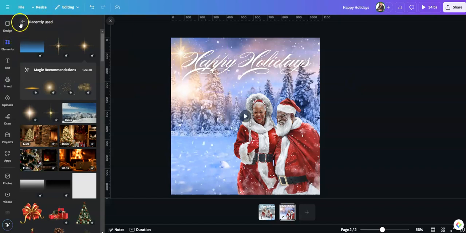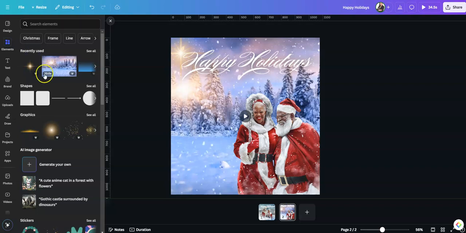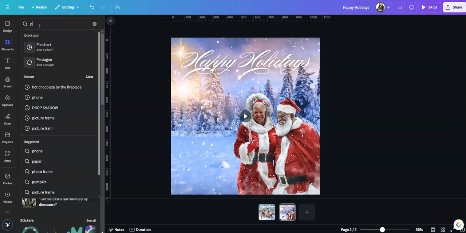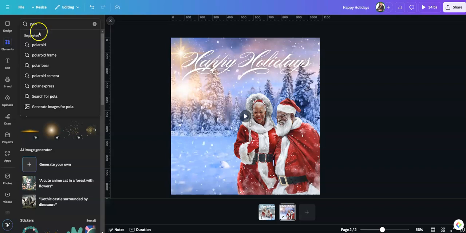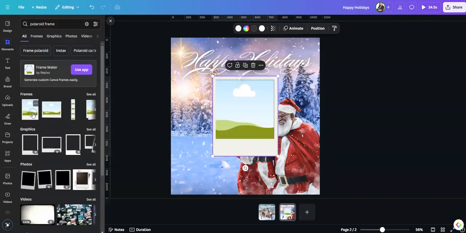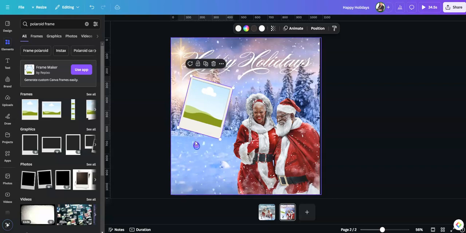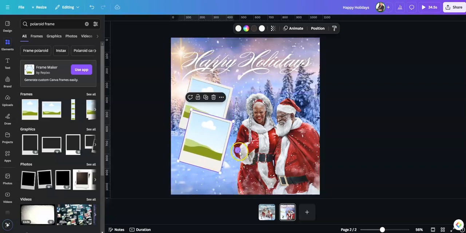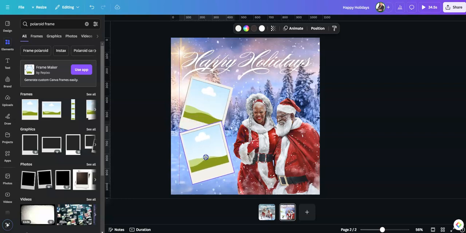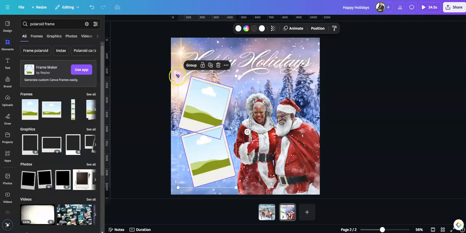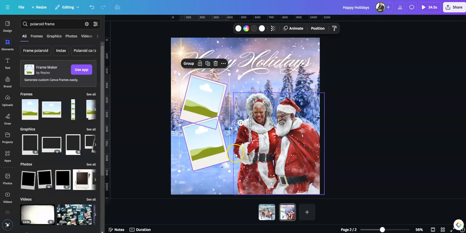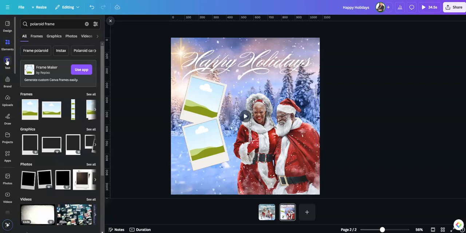And then what I want to do, we're going to add, so that you can add maybe family photos. So let's do a photo frame, Polaroid frame. Let's do the Polaroid. Let's do two. I'm going to rotate that this way. Shrink it just a little so that I have room for the name. And then let's add